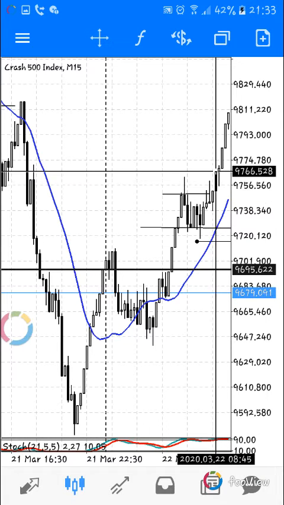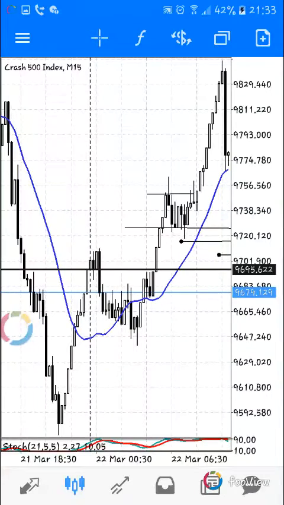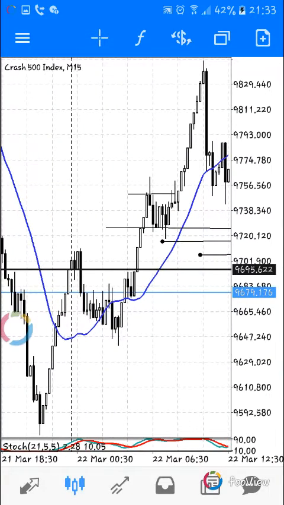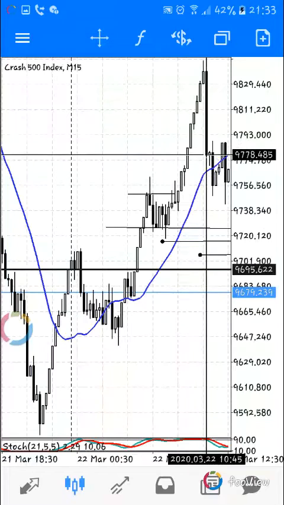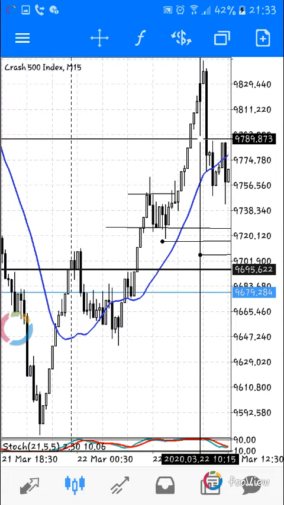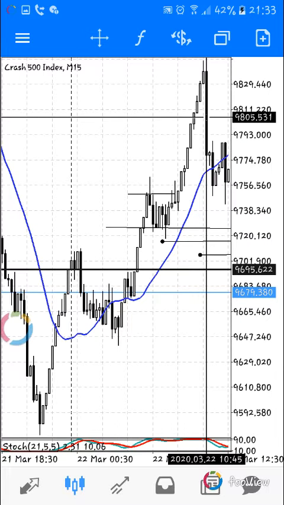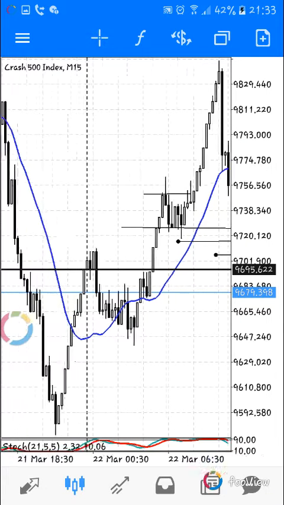It was going higher, higher, higher, higher. Then all of a sudden we saw this crash. This crash was at the moving average on the 4-hour. This particular crash here was at the moving average on the 4-hour. So now when that crash happened,